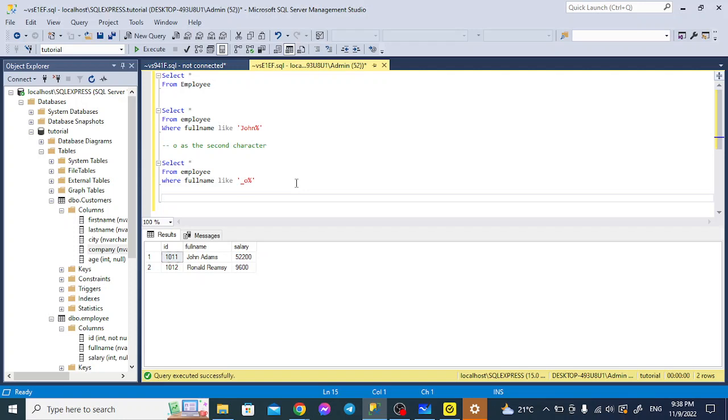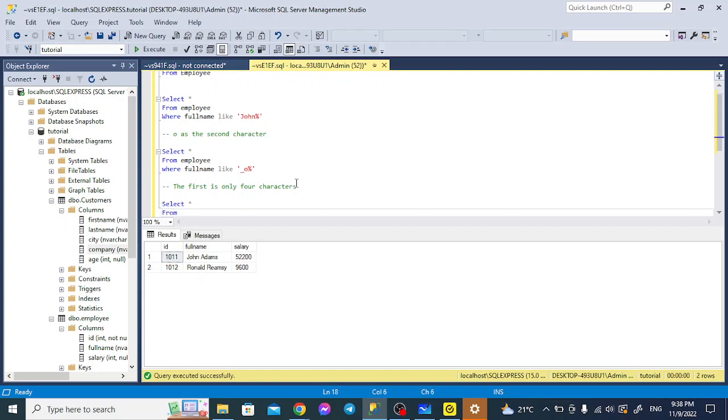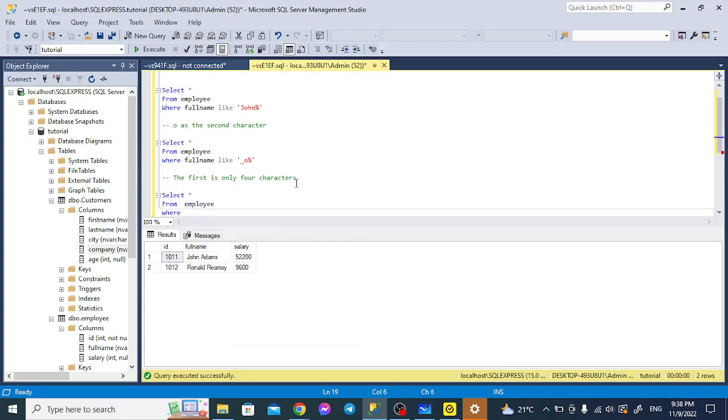And we can also write a third query. We want to return the employees whose first name is only 4 characters. So how can we do that? Select all from the employee where full name like